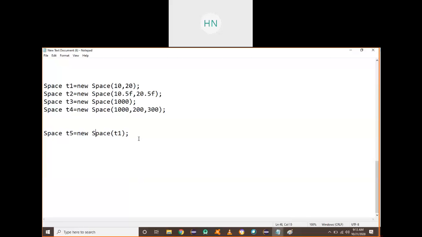So why are you going for an object as a parameter? I have a business requirement: I want to copy this particular object's data into one more object. At that point of time, I can pass this complete object as a parameter to the constructor of the one more class object which I am trying to create, so that whatever data is inside your T1 object automatically copies into your T5 object.